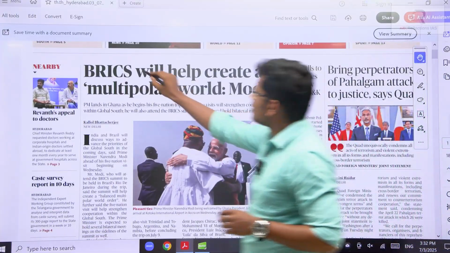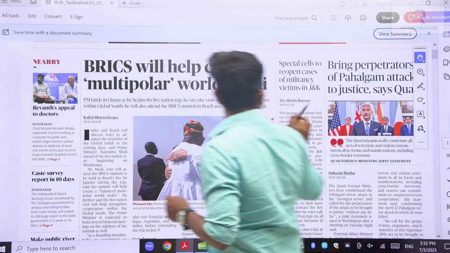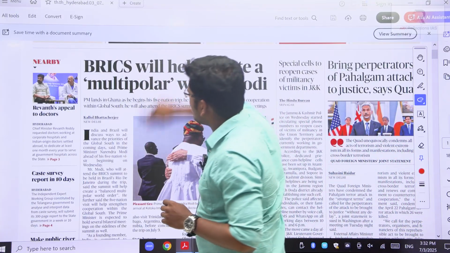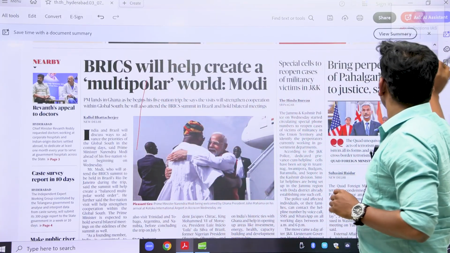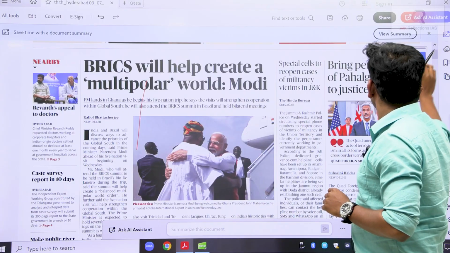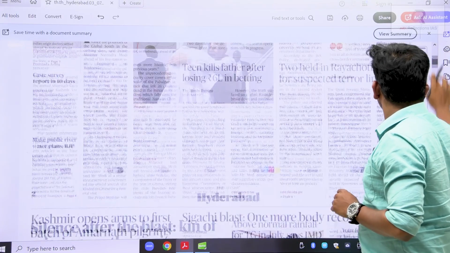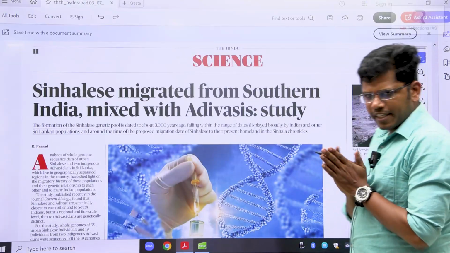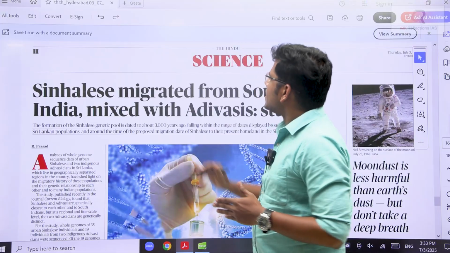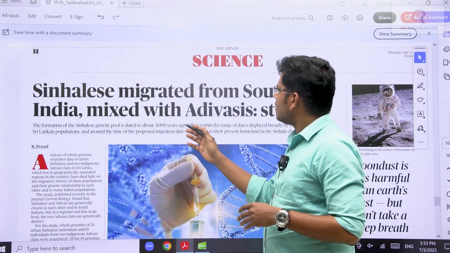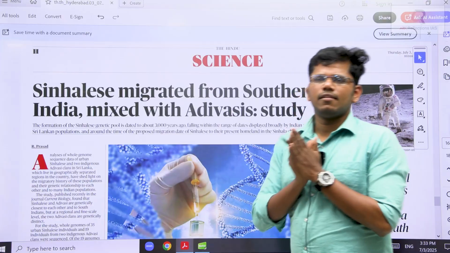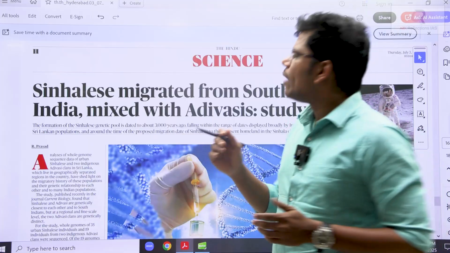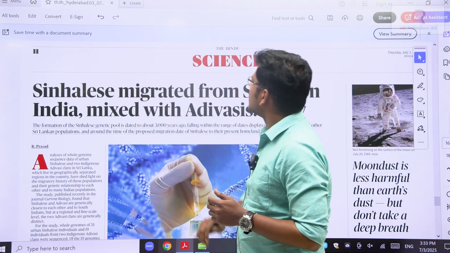So, the important thing, last, it will come from the last. So, it will come from here. The Sinhalese migrated from southern India and mixed with the Adivasis. So, especially with the Indian geography, we have a very special and close connection with the